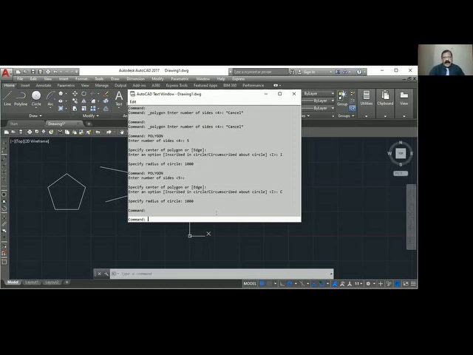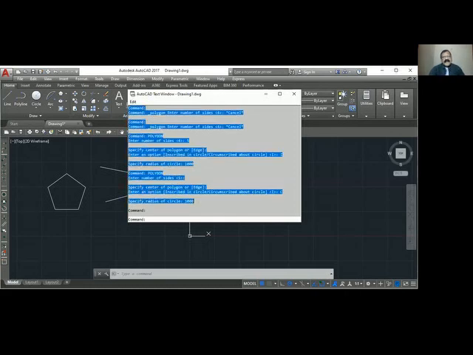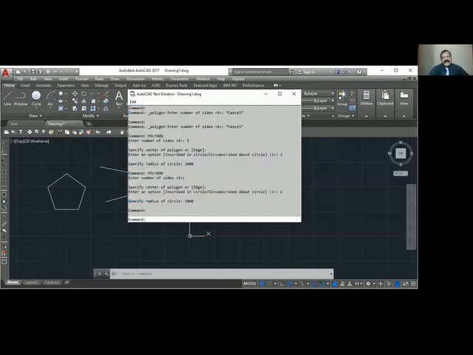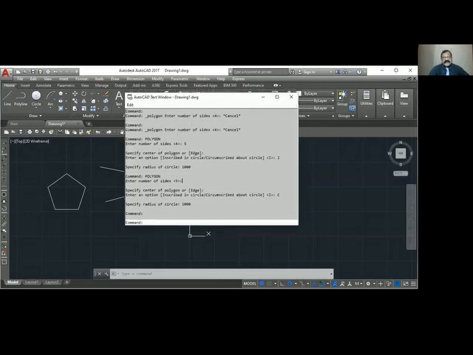Whenever you want to copy these steps, you can copy and save it so that you will know what are the steps involved. You can copy this in a Word file and keep it there, which will give you the polygon command and the steps involved. This is sometimes very useful. Okay, it is Control F2 in laptop, and in desktop it will be F2. This is touch screen, it's called. You can cancel by clicking this, or you can press Control F2 again.